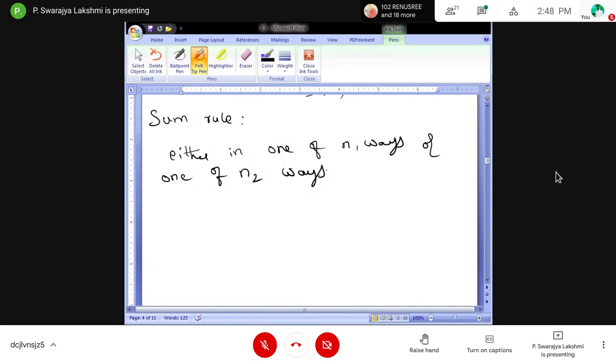Means we can do it in n1 ways or in n2 ways. So we say the total procedure can be done in n1 plus n2 ways. Like union and intersection, and or. We will see an example and it will be very clear.